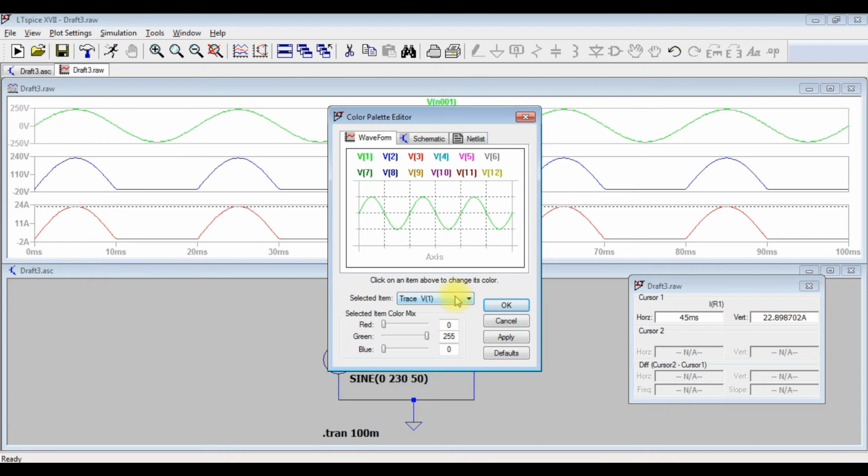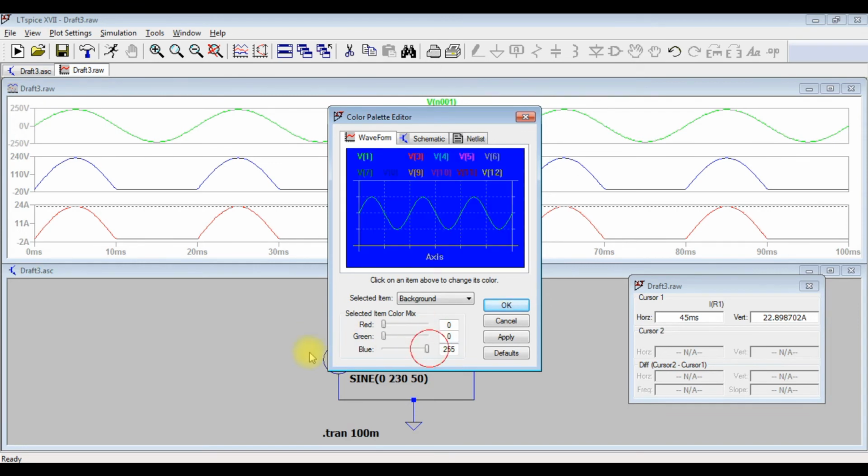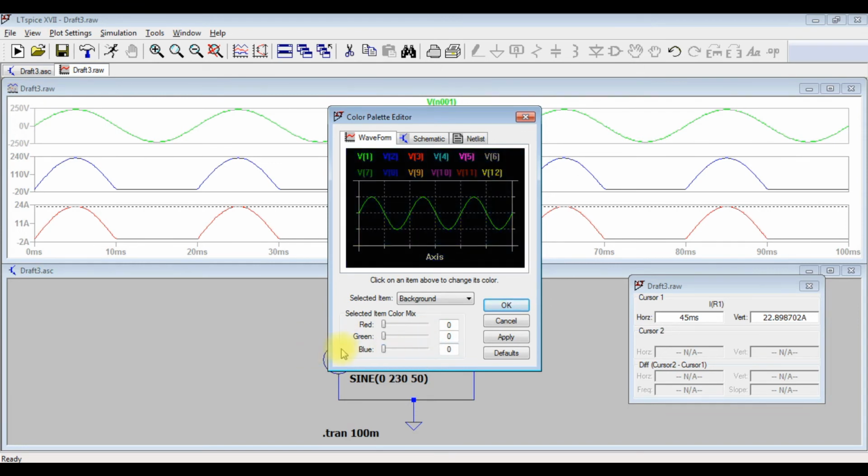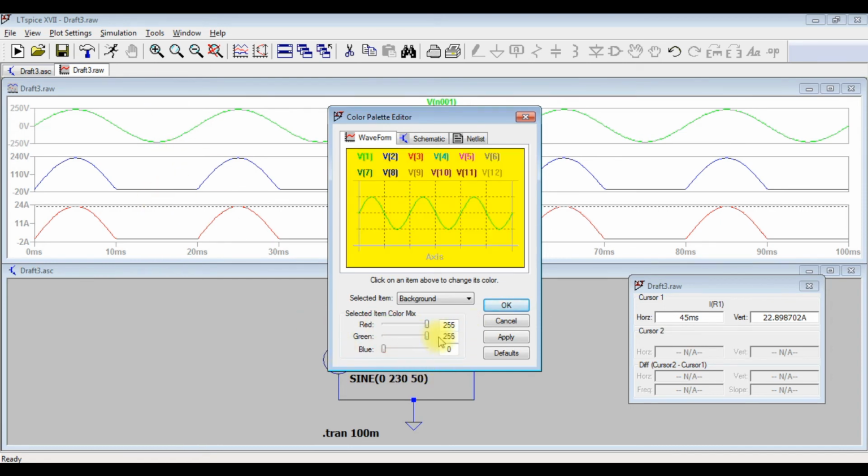This is showing traces now. You select this, it will show all the traces and possible axes. Select background, right, and by default it is 0, 0 and 0, and the background is actually black. I changed it to white for better visibility by selecting all these 3 into 255 combination, and I apply, so it became white now here, right. This is the way you can change the graph color or the color of the background.